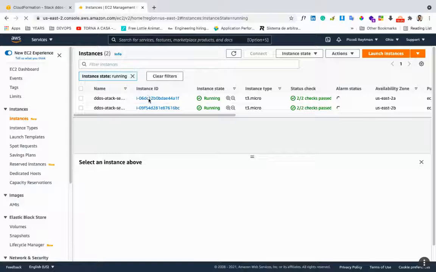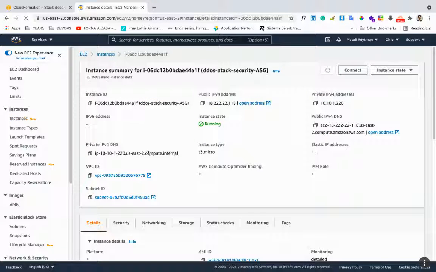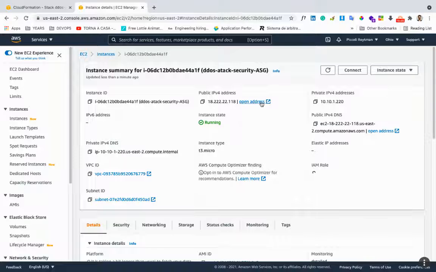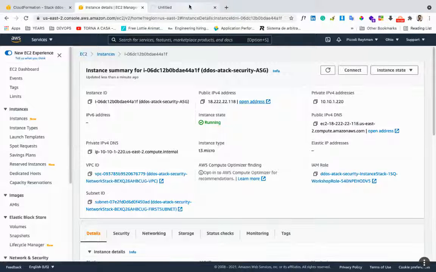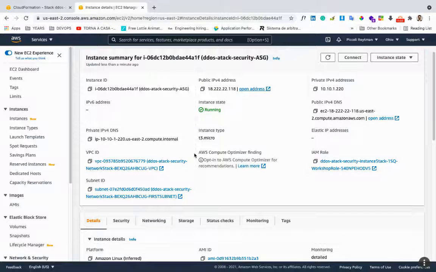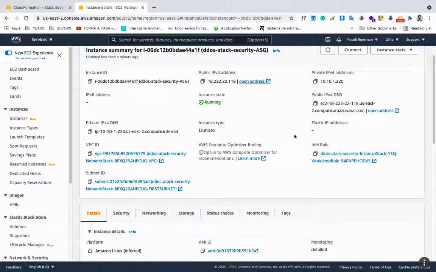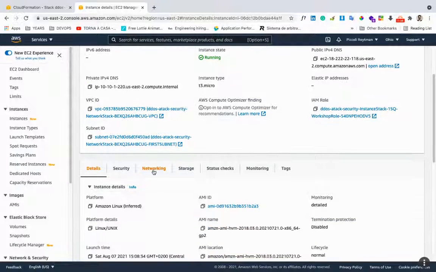We have two application load balancers, and in this case it's running, and you cannot access it directly by your IP because it's behind the load balancer,